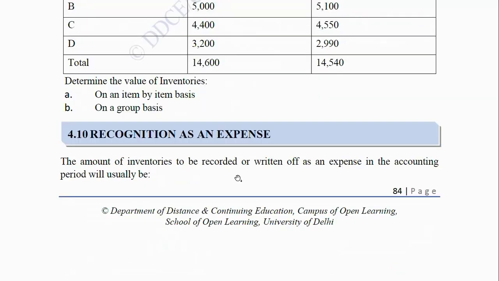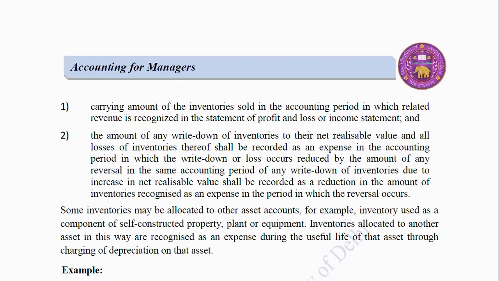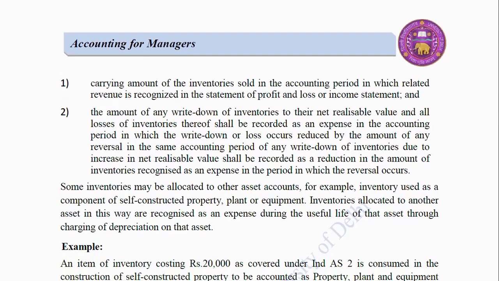4.10 Recognition as an expense. The amount of inventories to be recorded or written off as an expense in the accounting period will usually be: first, carrying amount of the inventories sold in the accounting period in which related revenue is recognized in the statement of profit and loss or income statement, and the amount of any written down of inventories to their net realizable value and all the losses of inventories thereof shall be recorded as an expense in the accounting period in which